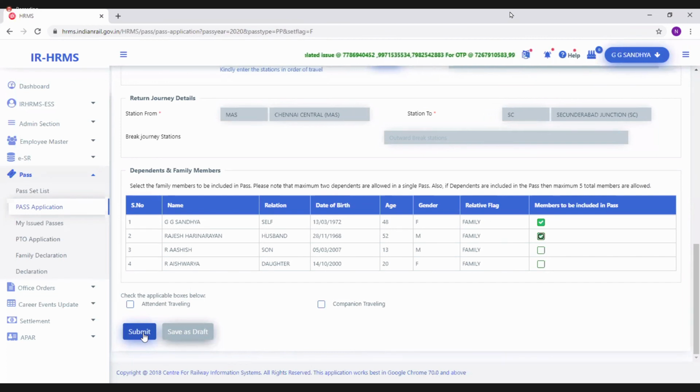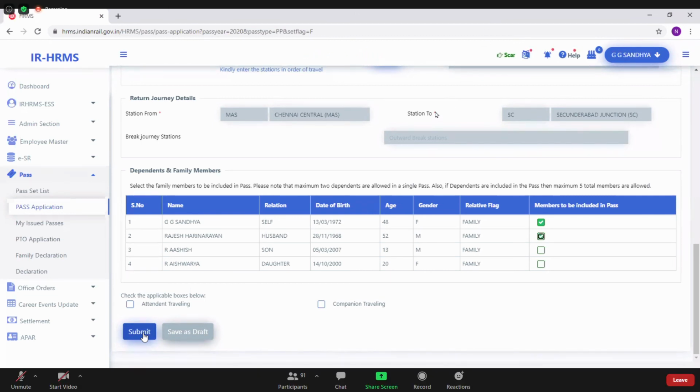Suppose you are standing at a counter and your system is slow and IRCTC is not responding quickly, and you are in urgency. So please ensure that just before your turn, if it's a long queue, don't generate OTP. There's no issue, because the OTP expires within 20 minutes, and you can regenerate OTP any number of times.